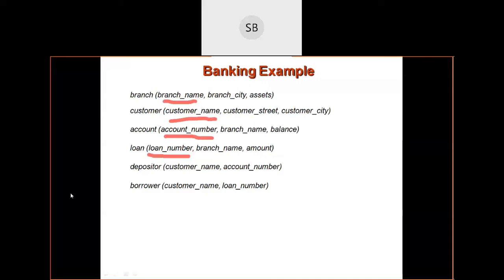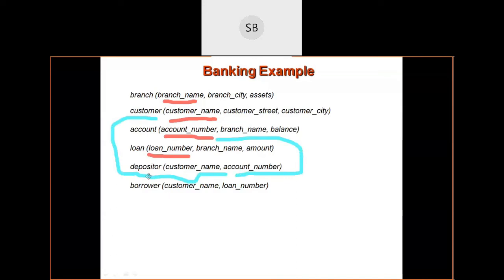And then the foreign keys. Customer name is a foreign key, and account number is referencing the account table, so account number is a foreign key for that table.